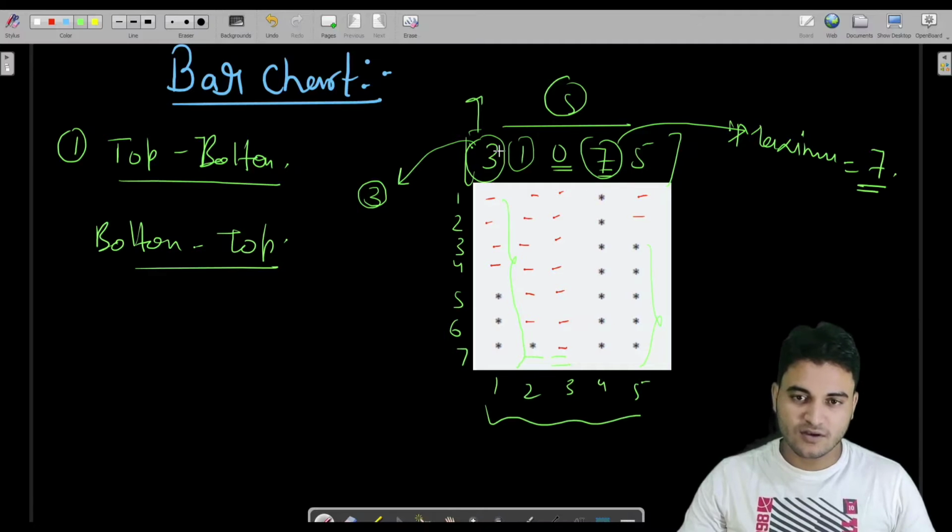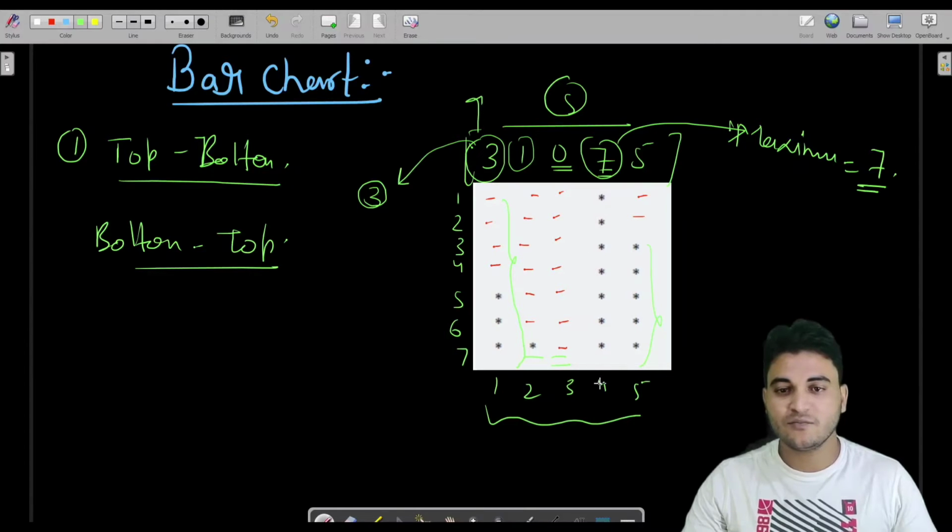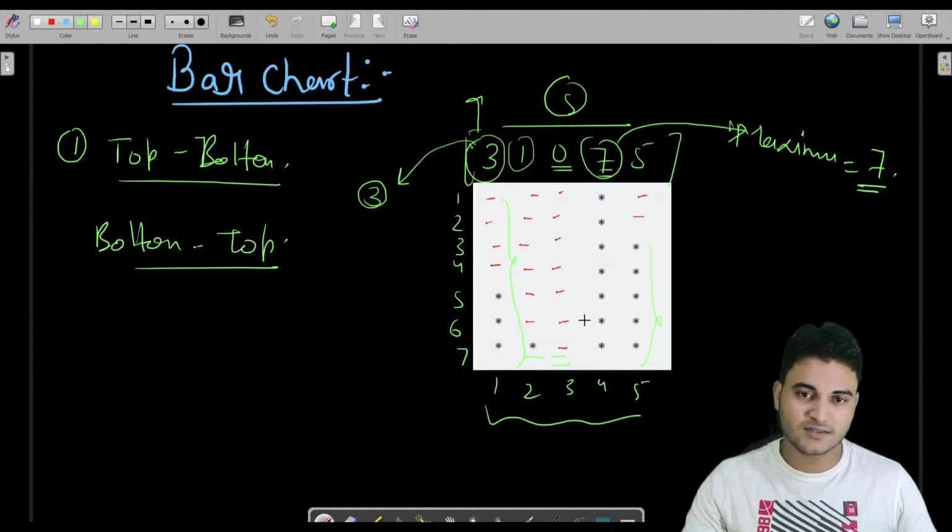So as you can see, the value which we are having inside the array, that many times we are printing stars. So what is the maximum number of stars that would be printed while we are printing the shape? That is 7, because in this particular column we have to print 7 stars. Fine. That means there would not be any case where we have to print a space above this. This is the maximum from where we have to start printing the spaces.